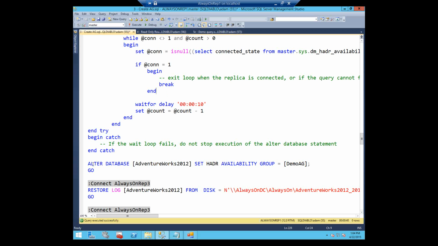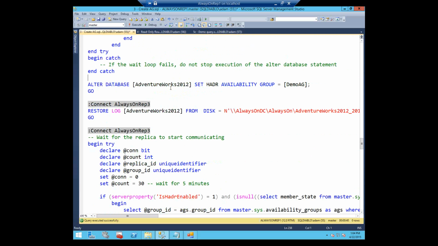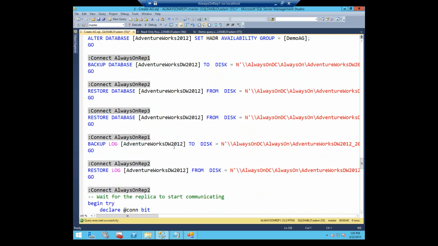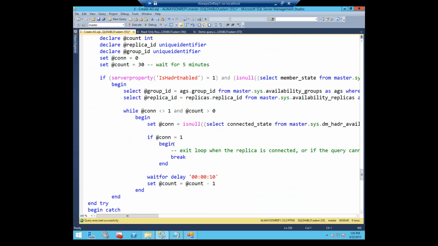Once they have, and the replicas are part of the AG, then we go ahead and alter our database, set HADR availability group equals Demo AG. What that does, this statement again is running on our secondary replicas. So this will run on replica 2 and replica 3. And it's telling those replicas to join that database into the availability group and begin synchronizing it with the availability group. Once we do that for our AdventureWorks 2012 database on both of our secondary replicas,